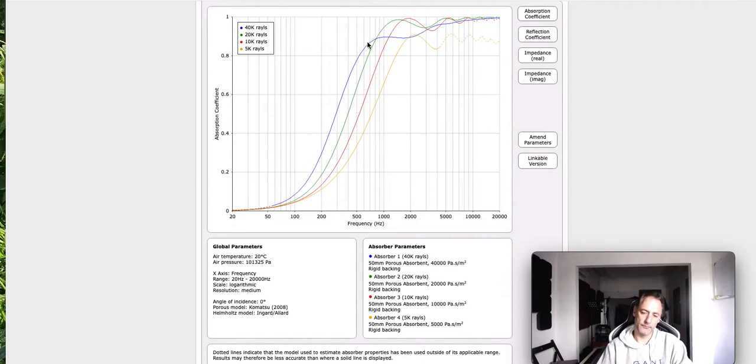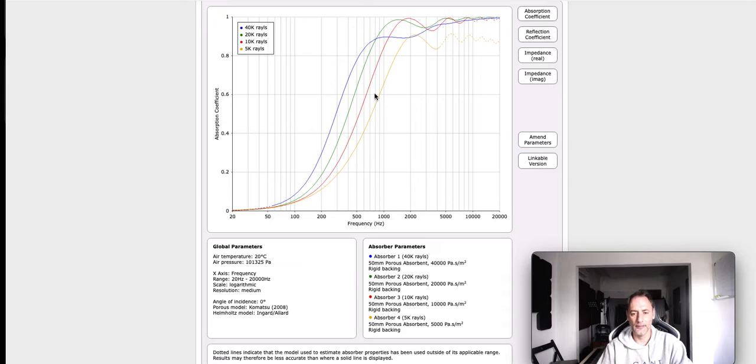But in terms of the range of frequencies that the panel is able to absorb, this is actually the best option. Let's say that I usually use 0.66 as a good starting point, and if we draw a line over here, we can see that for the 5K